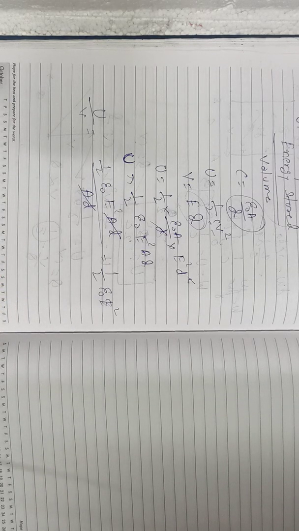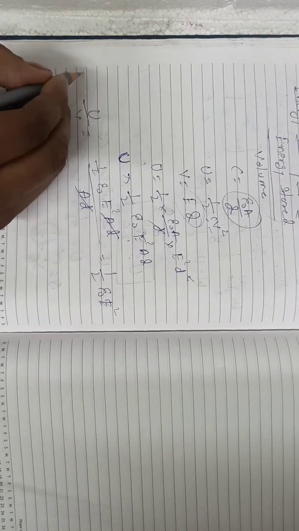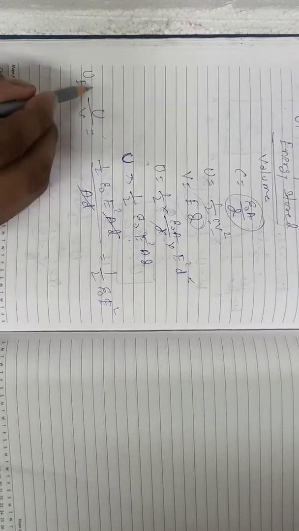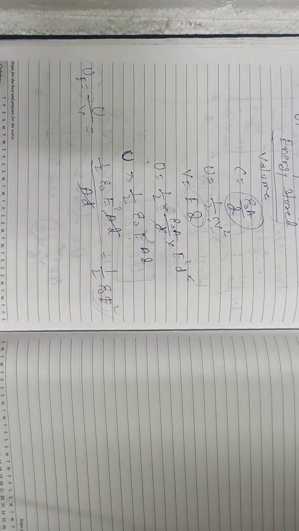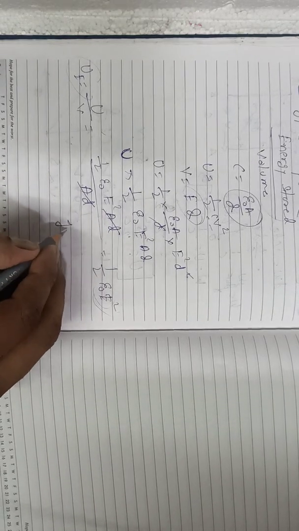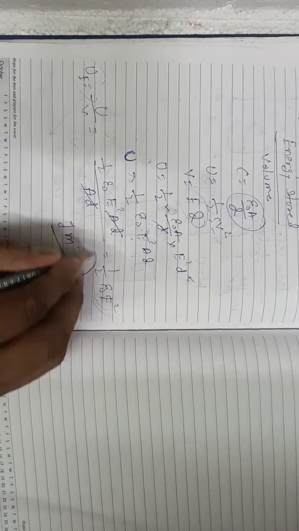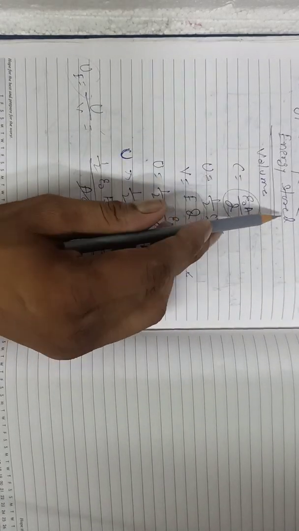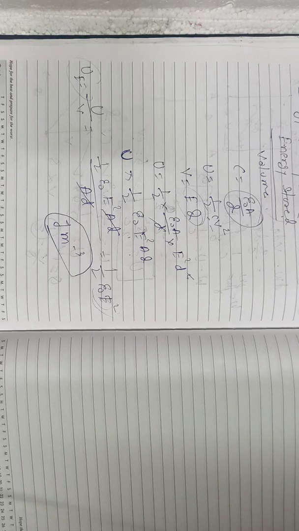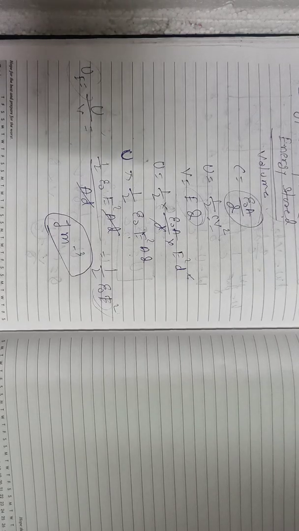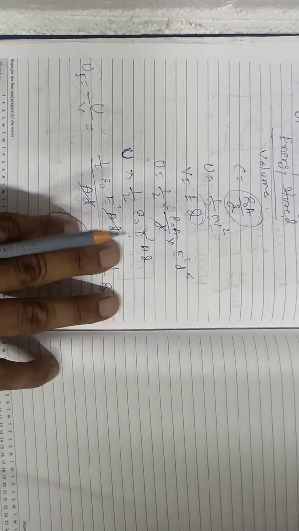The energy per unit volume is also known as energy density. So we can get from here that UE, that is energy density, is directly proportional to the square of the electric field, and the unit will be joule per meter cube, because we are using the formula energy stored per unit volume. Okay, after that we will study about redistribution of charges, that is also known as common potential.